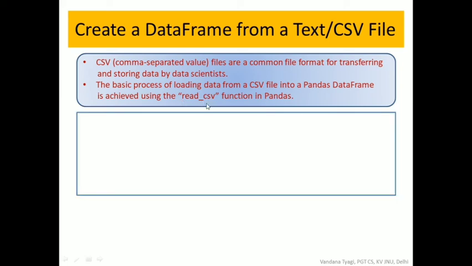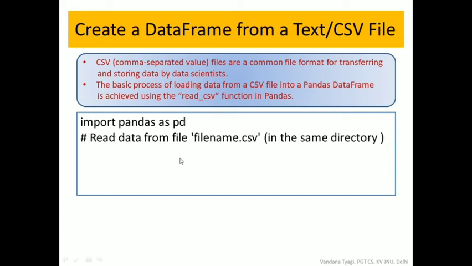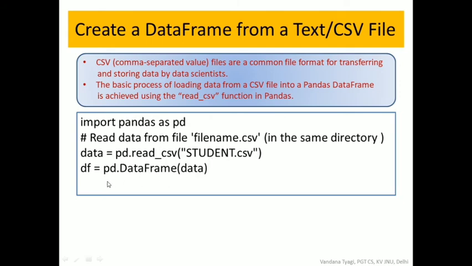So we will see how we can use the read_csv function. Whichever CSV file you want to convert to a data frame should be stored in the same directory where my Python file, this program code, is stored. So we simply write data = pd.read_csv. This Pandas alias name pd is used to read that CSV file. Now student.csv is my file stored in the same folder where this Python code is written, and this file contains the details of student marks.